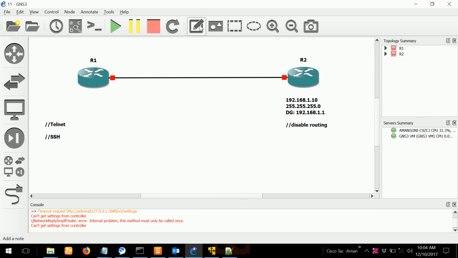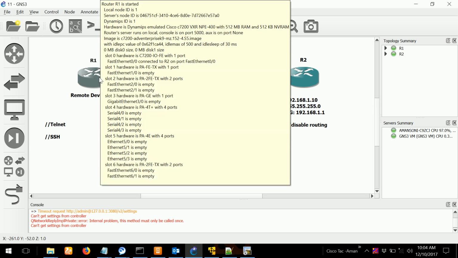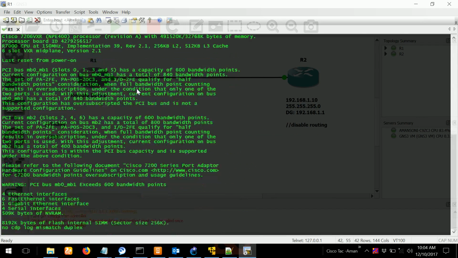For example, this is our main router R1. I just connected two routers. So this will be our remote device, which we are going to control sitting from here only. Meaning, what if I want to take the CLI of this R1? We will first turn on the routers and open this R1. Physically, how it works, you have to be where the R1 is physically located. You have to put the console cable, and then open PuTTY or SecureCRT, and then you'll get the console like this.